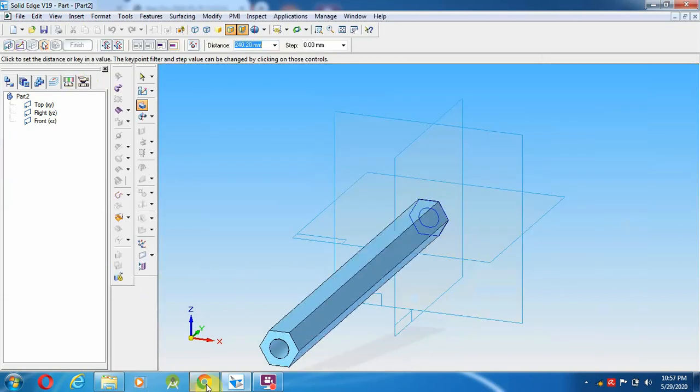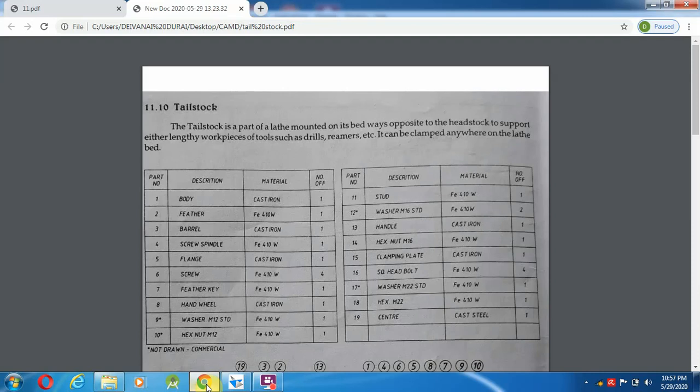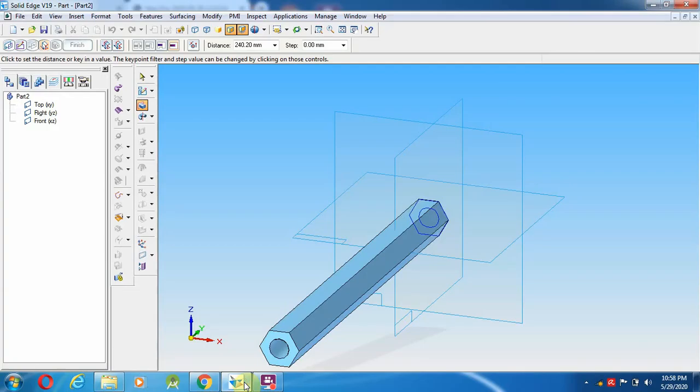How to find the depth over here for the hexagonal nut M12? To find the hexagonal nut depth, usually it is found with 0.8d. Sorry, it's not 0.8d, it is 0.9d.